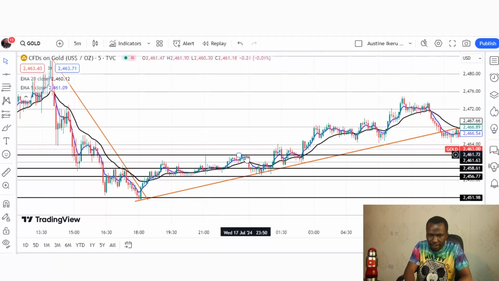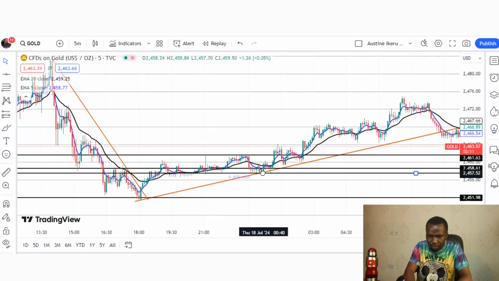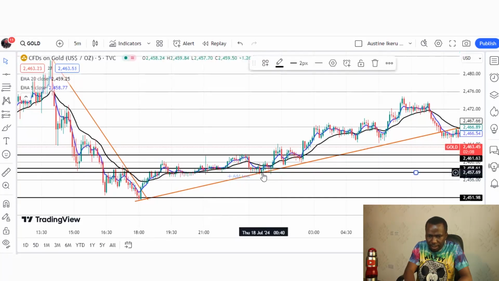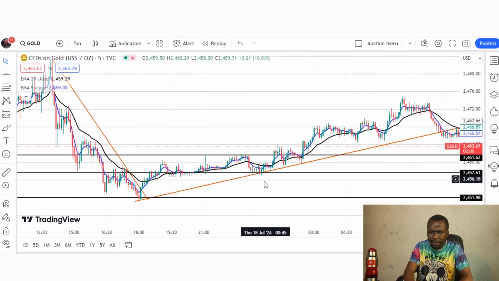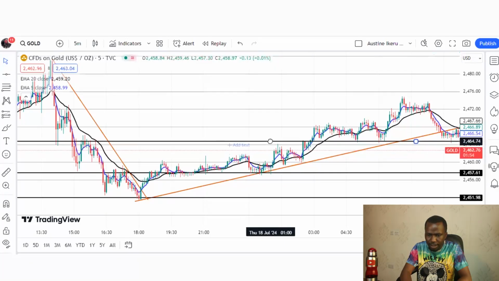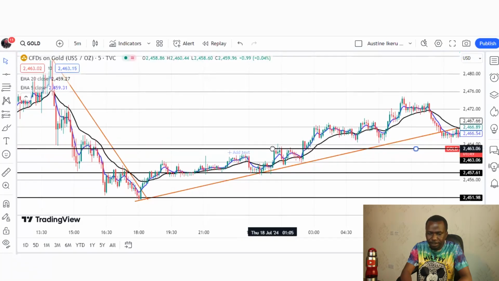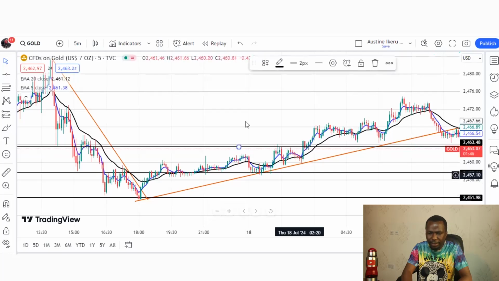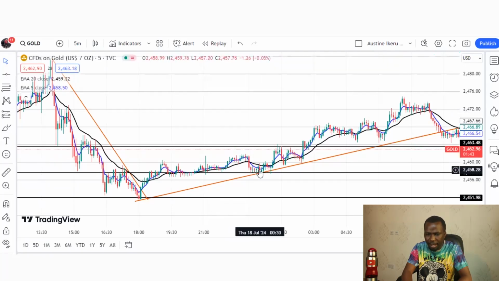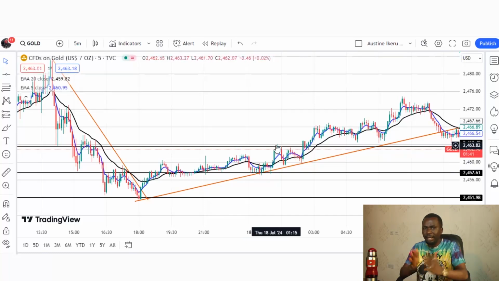As we have taken our profit here, the market rallied down again to this support. We took another buy trade somewhere here at the support level, right? Then we target another 30 pips as our take profit. So 30 pips should be somewhere here, 30 or 40 pips somewhere here as our take profit, right? Then you can clearly see that the market now rallied all the way. You can see that the market is clearly in an uptrend. That is why we are only buying, because the market is in an uptrend.